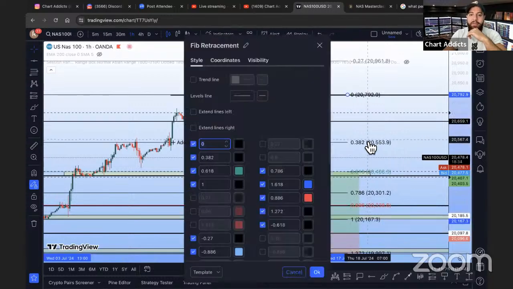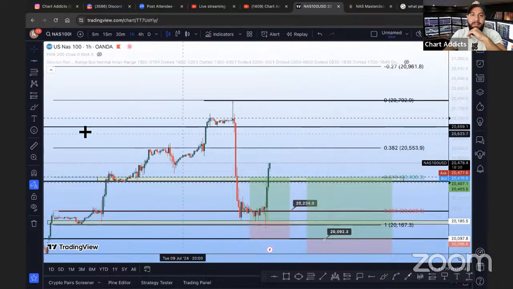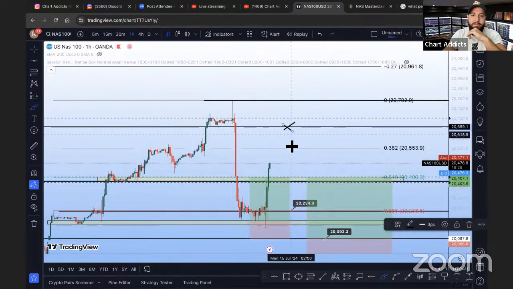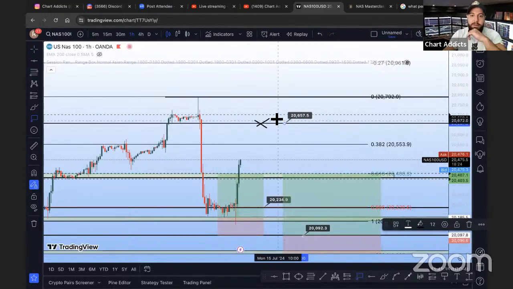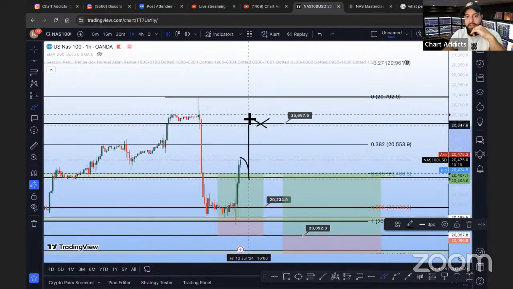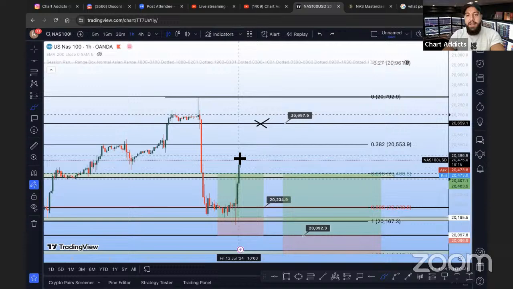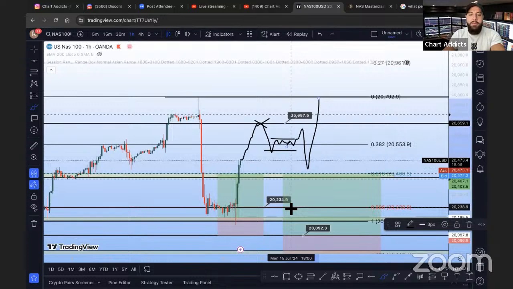So I mean, we already have the TP2 marked off, which is cool. But then this is the final target right here for this trade. Cool. So if we're lucky, we get this retest and then we can buy it all the way up. If not, then the market will probably head up to this target, come back to retest, and then just flatten out here. And then Monday, we can buy it up.